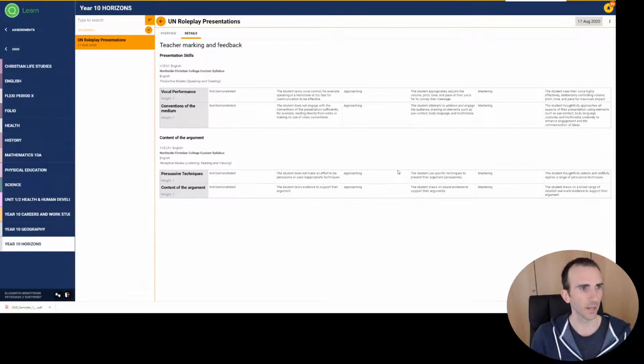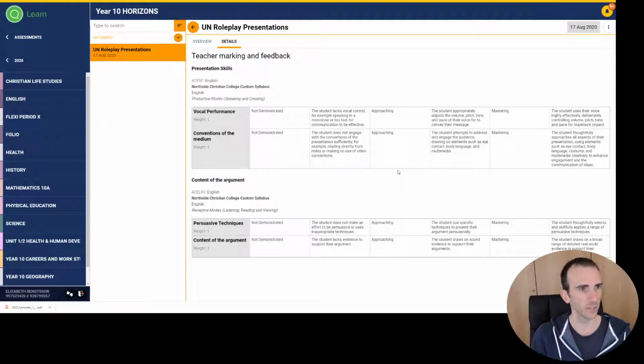So I've prepared that. I'm just going to zoom in to make it a little bit easier to see on your screens. I think that's a bit better. So there's sort of 2 halves of what I'm looking for. There's the content of your argument, which is the second one. And then there's how you present your argument. So let's focus on that first one, which is